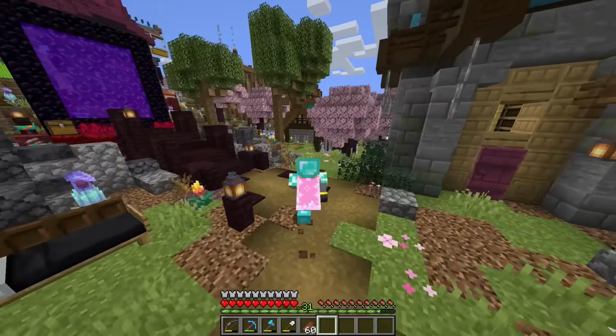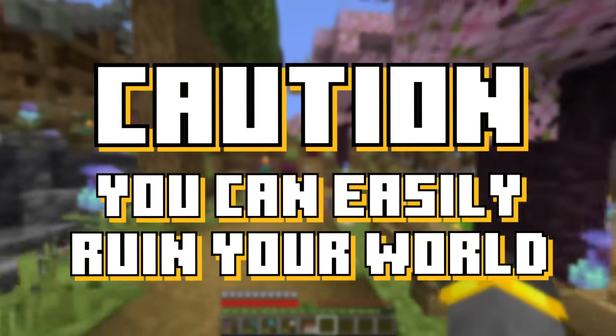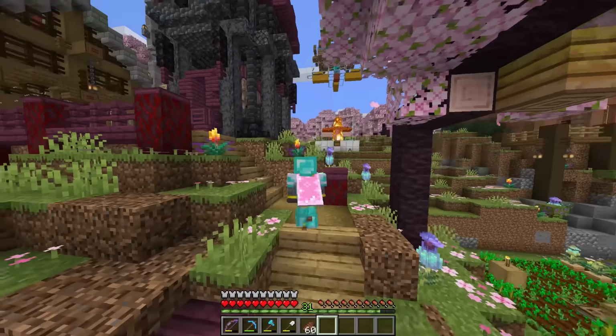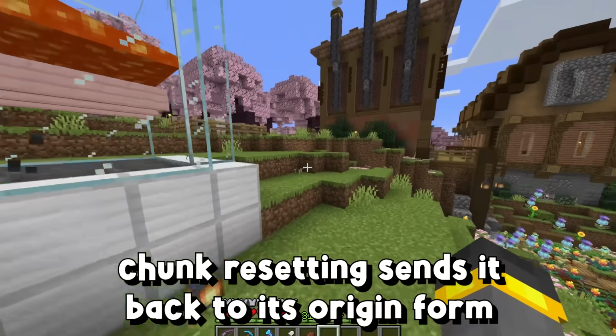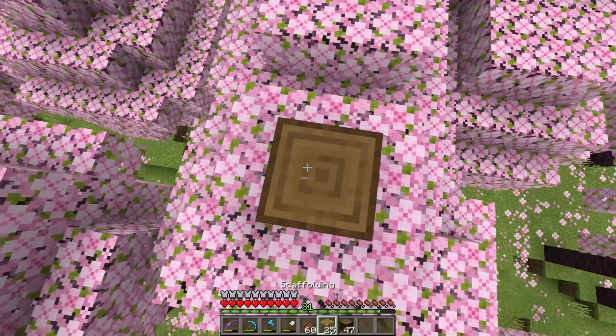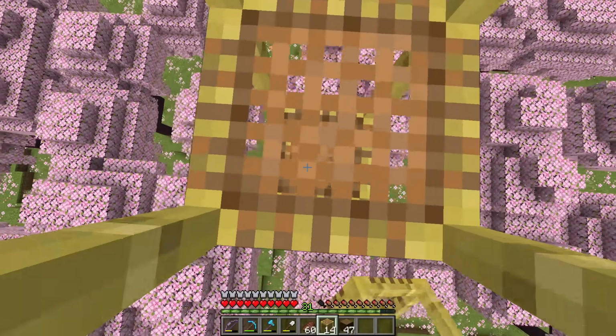For this chunk wiping process today, if you have a world that you care about, you need to be careful. Like, we're talking very, very careful, because as soon as we actually delete the chunks, they are literally 100% gone forever. So check this out, I kind of planned for this moment. I never knew this moment would be so crucial and important, but I did kind of plan for this moment